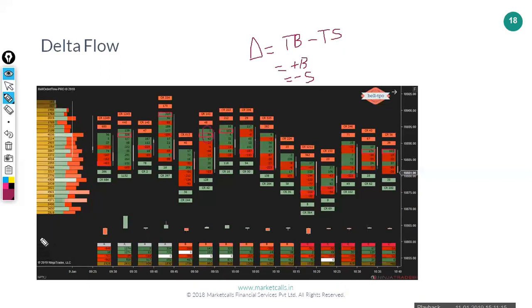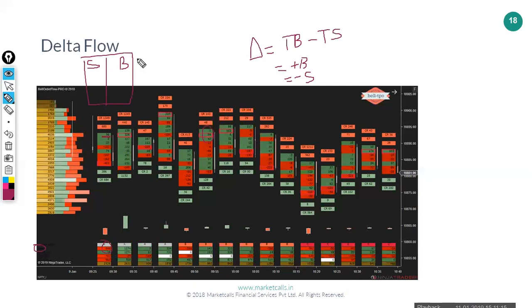So you're going to see a delta here. If you look at the table here, this is the total delta for the candle. But if you look into the delta flow at each and every price level, there will be a bid also, there will be a buyer also, there will be a seller also. But if you look into the order flow charts,